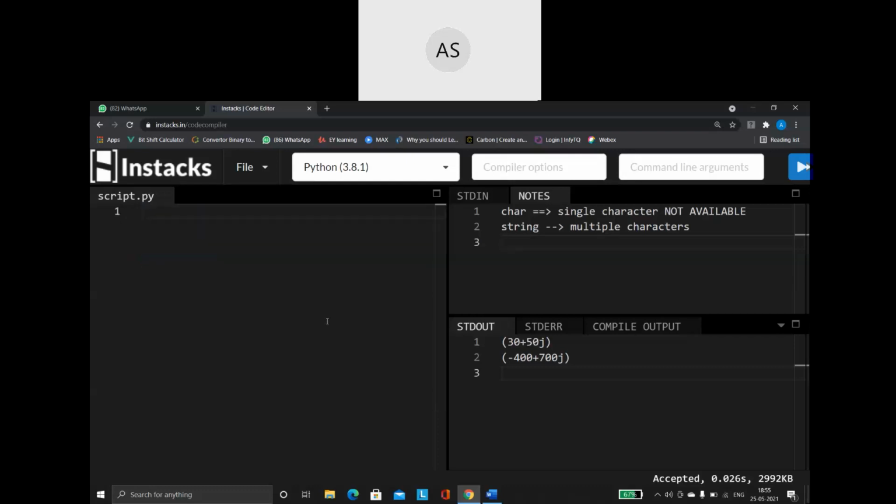Strings are a group of characters enclosed within quotations. The group of characters can be uppercase letters, lowercase letters, numbers, or any special characters. It can be comprised of any of these. We group it together and place it within quotation marks. That is what a string is.